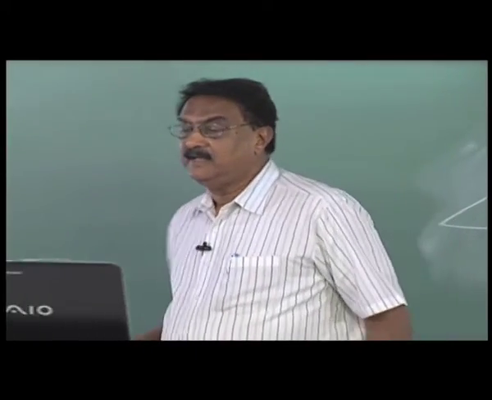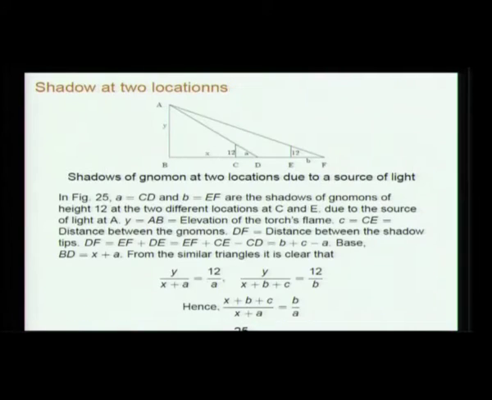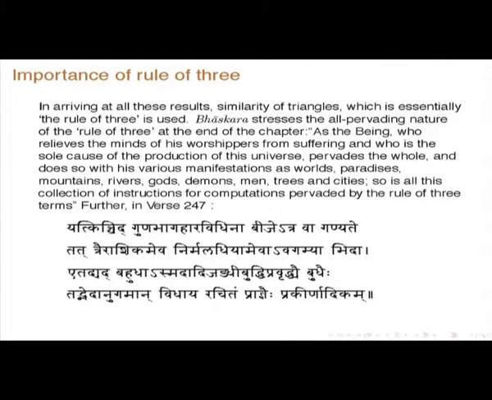So, for instance, in the lunar eclipse, this will be the earth's radius, this will be the sun's radius, and this will be the place where the shadow is tapering to 0. So, then the shadow tip. So, then the expression for that is there, and you have to do a little more to find the shadow at the place where moon's orbit is there. Okay. Then shadow at two locations. So, I do not have to go too much into details of this, because this also has been done earlier by both in Ganita Sara Sangraha as well as in Brahmasputa Siddhanta, even earlier.